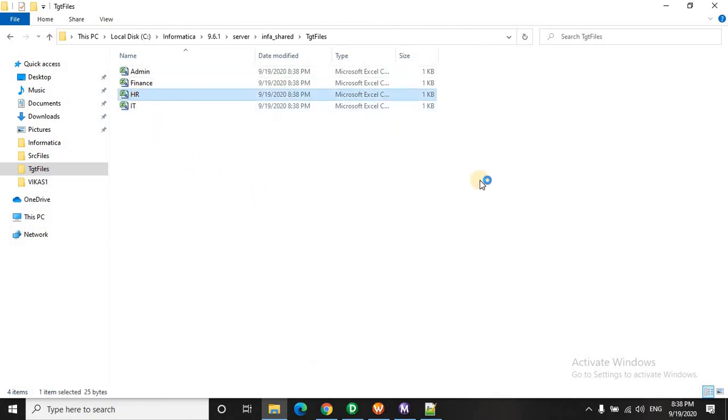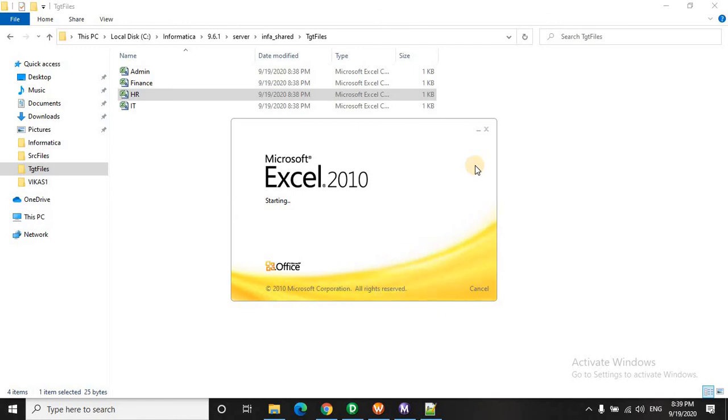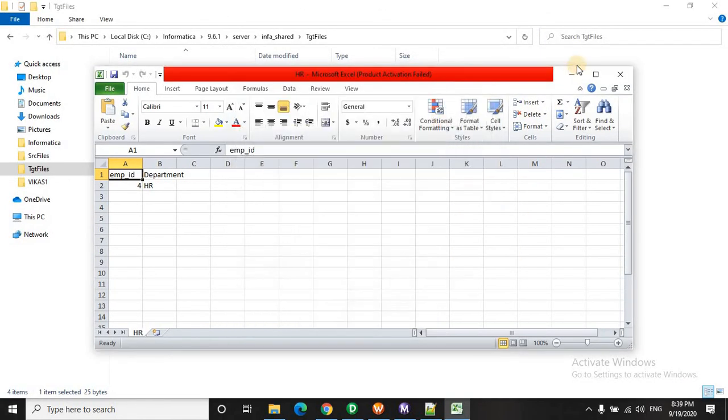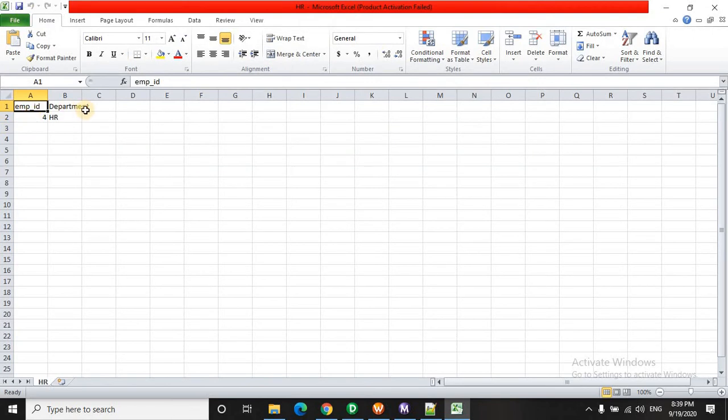So now let's open the HR file. Okay, now you can see the header is there, that is you have the column names, you have the fourth employee and the department as HR.